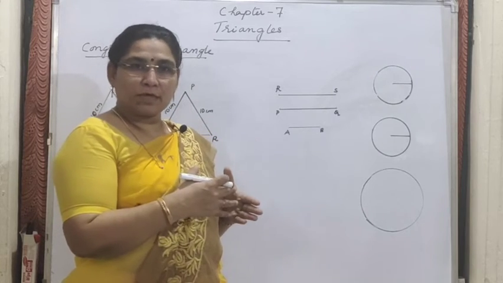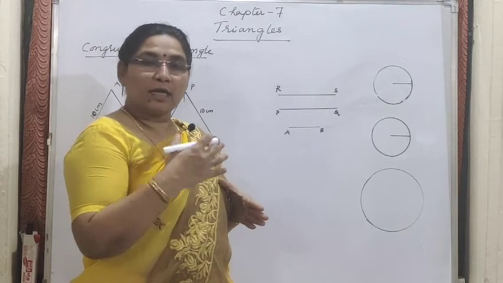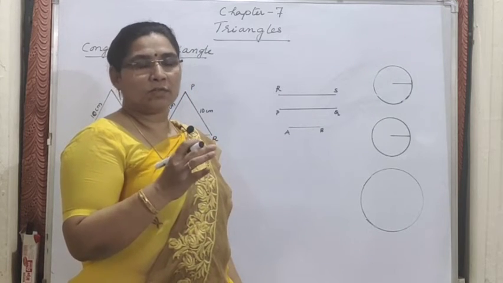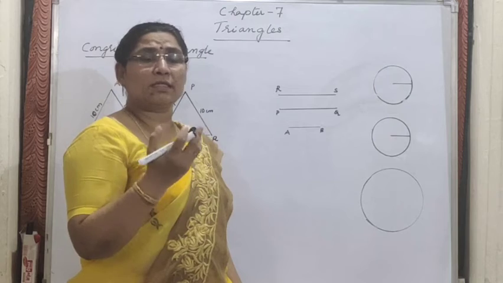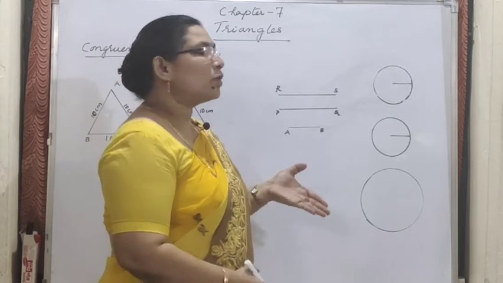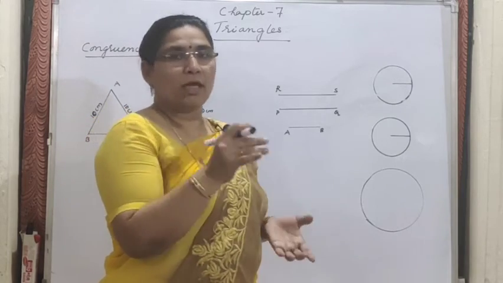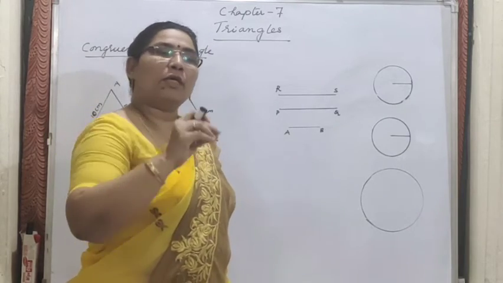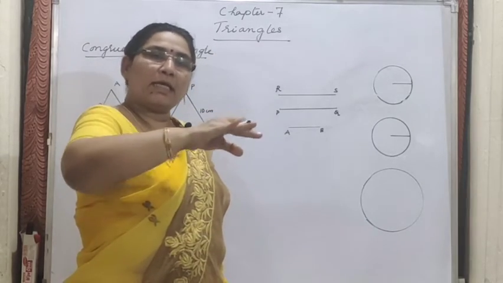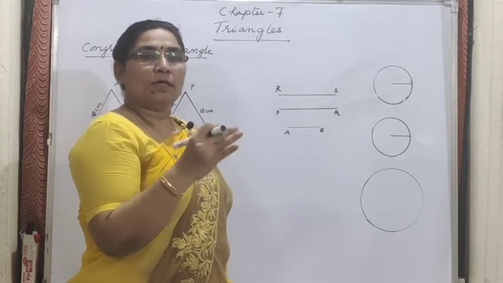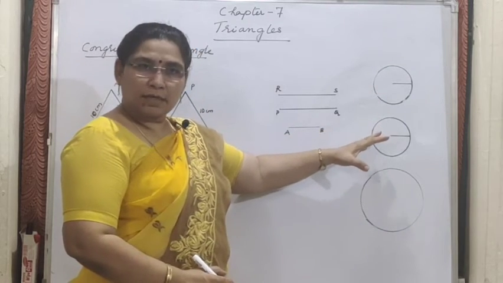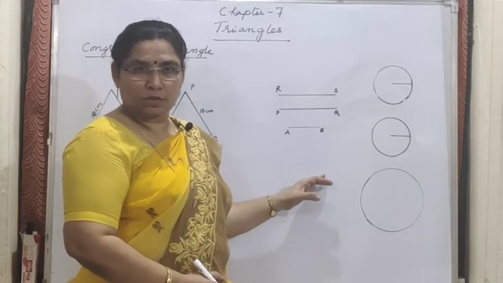Congruent figures are those which are equal in size and shape. Congruent figures are equal in all respects, whether it is the size or the shape. So congruent figures should superimpose each other. When you take a 1 rupee coin and keep it on another, what will happen? It exactly covers the other, right? If it is the same radius and all. In the same way, if they are exactly covering each other, the congruency concept is used here.